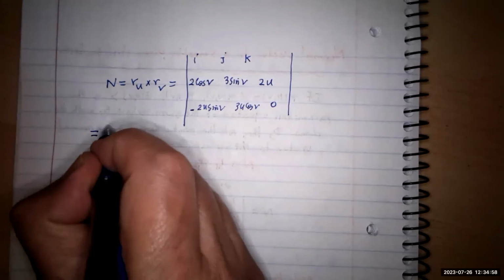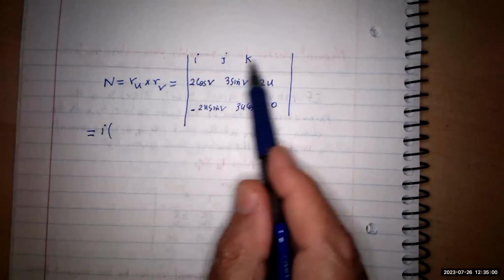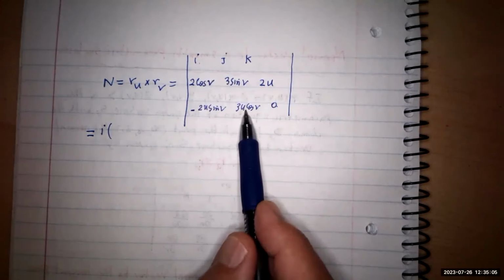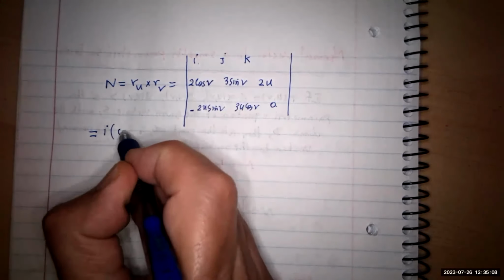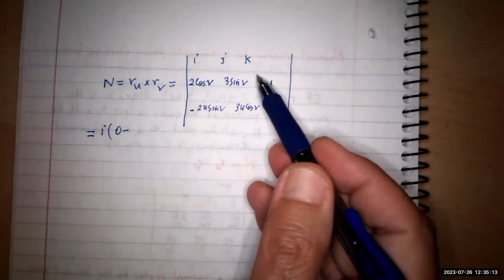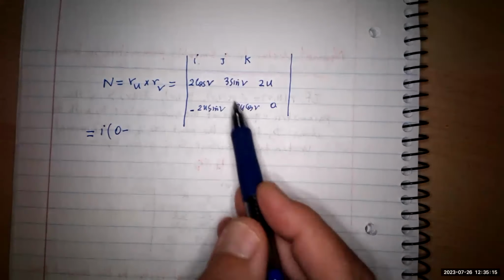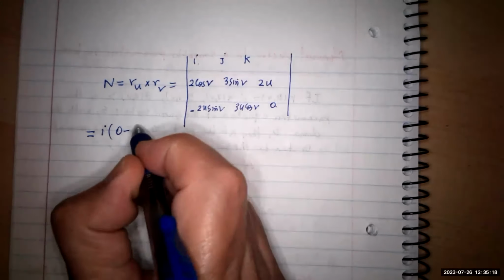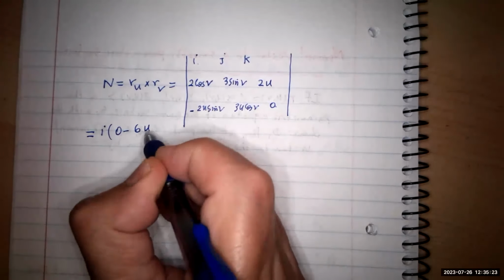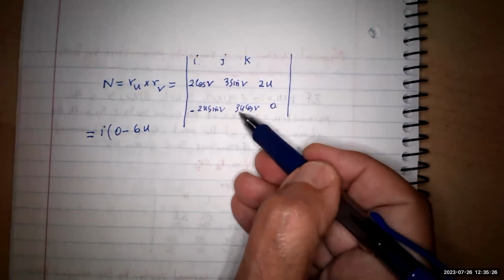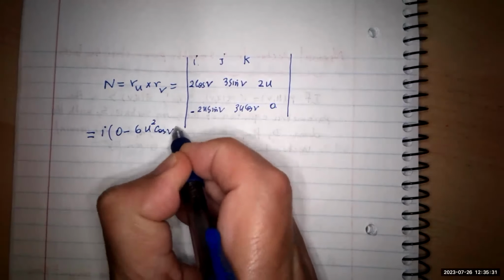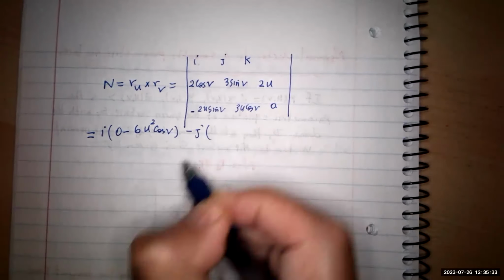So this is going to be i times, you eliminate these, so nothing here. That gives you 2u times 3v, so it's going to be 0 minus, okay, so this is it. It's going to be minus 6u squared cosine of v. So that's the first one, minus j times,